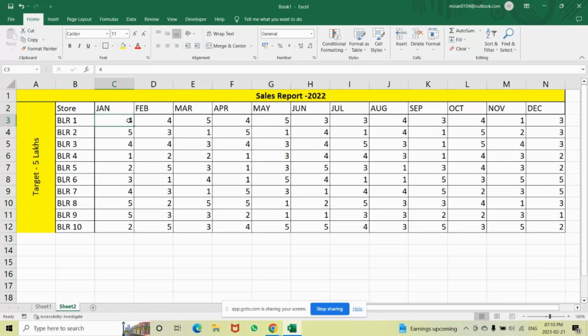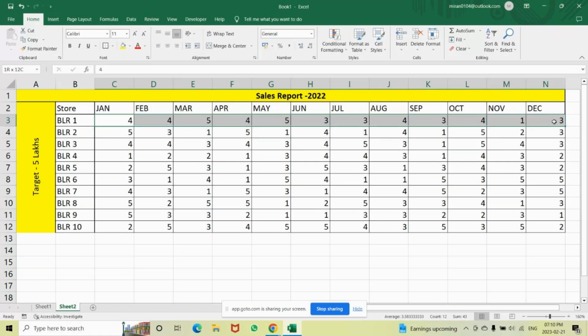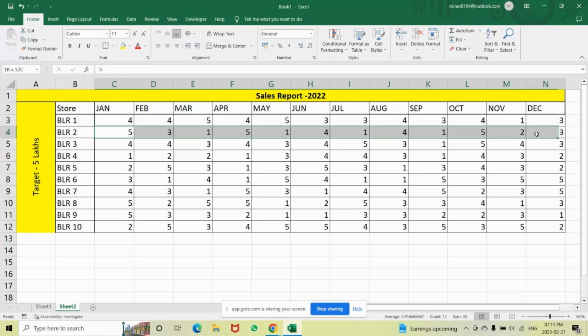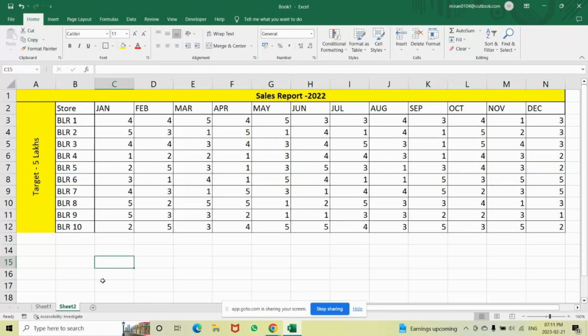See here, I'm selecting this range. It shows me 3.5 as the average, the count is 12, and 43 is the total. Same way, if you select this, I'm getting 2.9 as the average. Here again 3.5. So like this, I have some average scores. Now let's do one more thing. So in all the years,